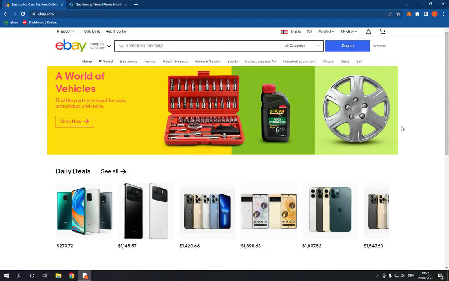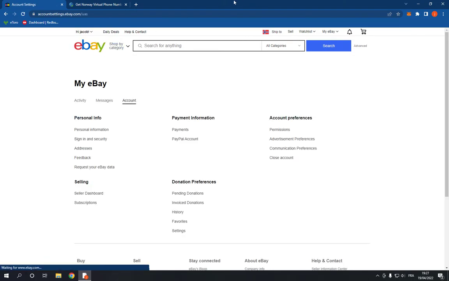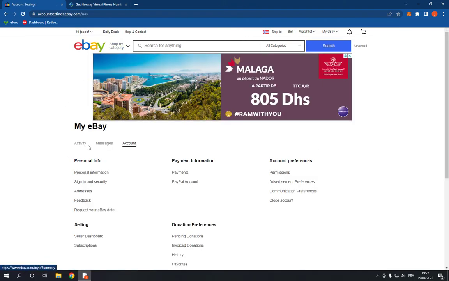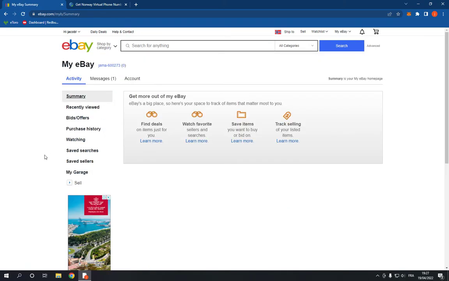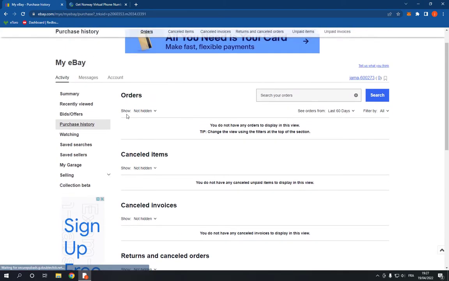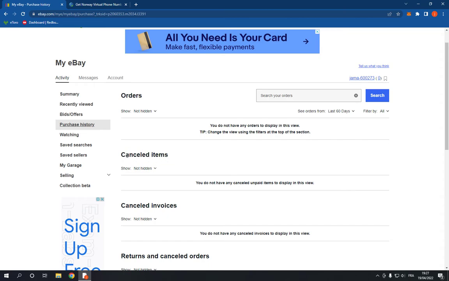and fast. So all what you have to do is go to ebay.com and go to your name here in the top corner and go to account settings. Now go to activity, and right here you will find many options. All what you have to do is click on purchase history here. It's the fourth one. Now here you will find your cancelled items easy and fast, as you can see right